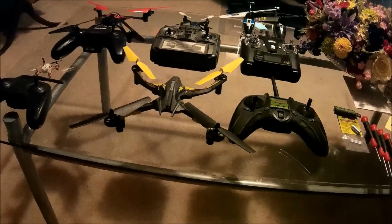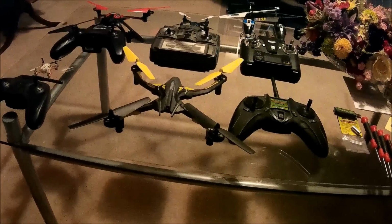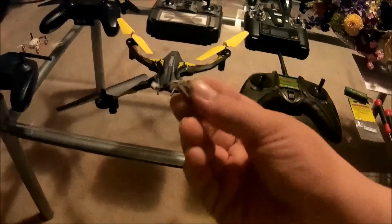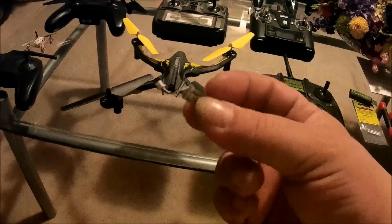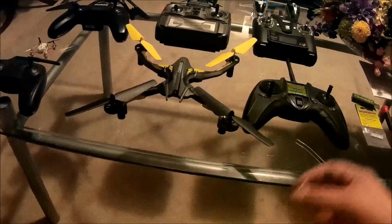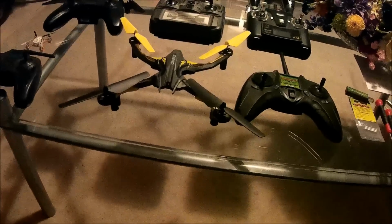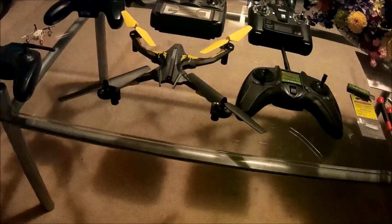And you could tell the difference between the two by the color of the wires that go to the lead. The black and white here, that is a clockwise motor. The counterclockwise wires are red and blue. So